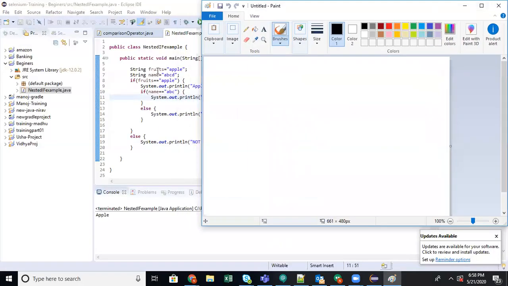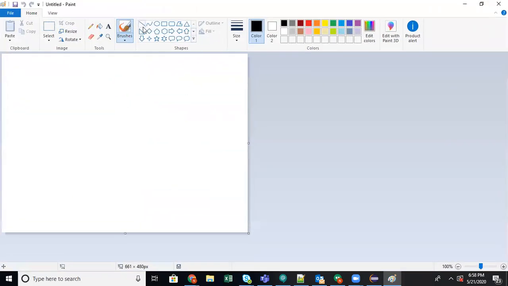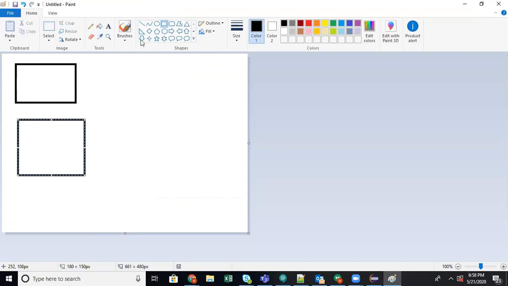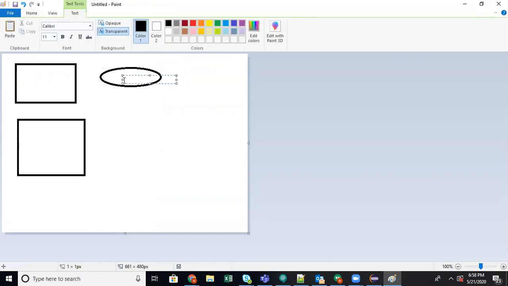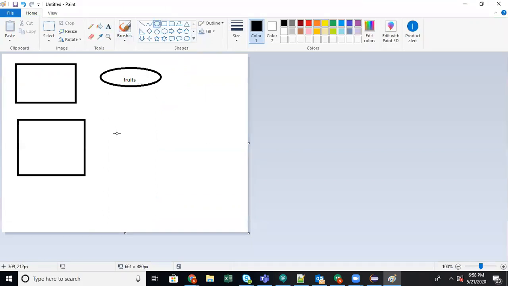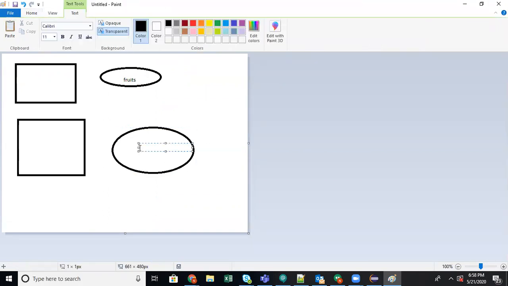So first I have declared two variables. One is fruits, another one is called name. So let's write it down. Two memory locations for string. The memory location name is fruits, and then the other memory location, that is the variable name, is name.